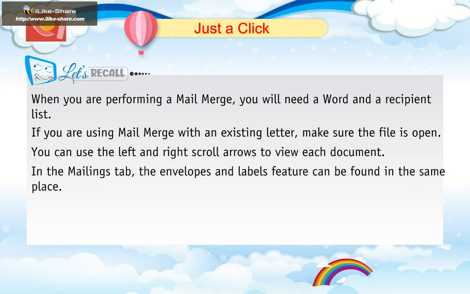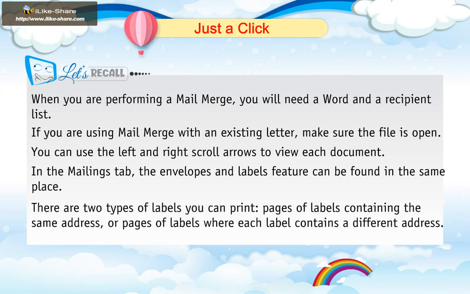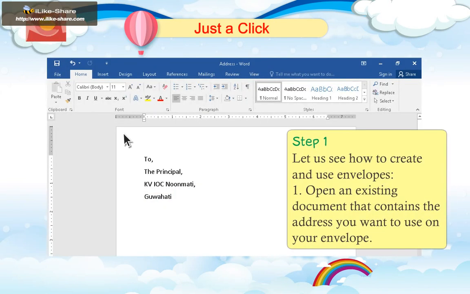In the Mailings tab, the Envelopes and Labels feature can be found at the same place. There are two types of labels you can print: pages of labels containing the same address, or pages of labels where each label contains a different address. Let's see how to